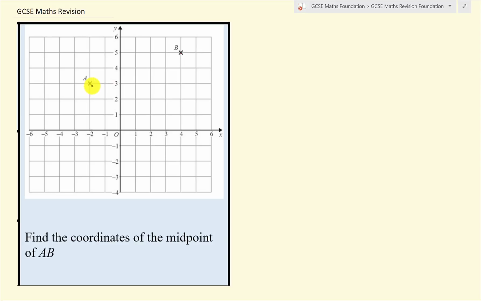Okay, so let's have a look. So for coordinate A we have minus 2, 3, and for the point B we have 4, 5. Now we're going to add these 2 x coordinates, and these 2 y coordinates together and divide by 2 to find the midpoint. So midpoint